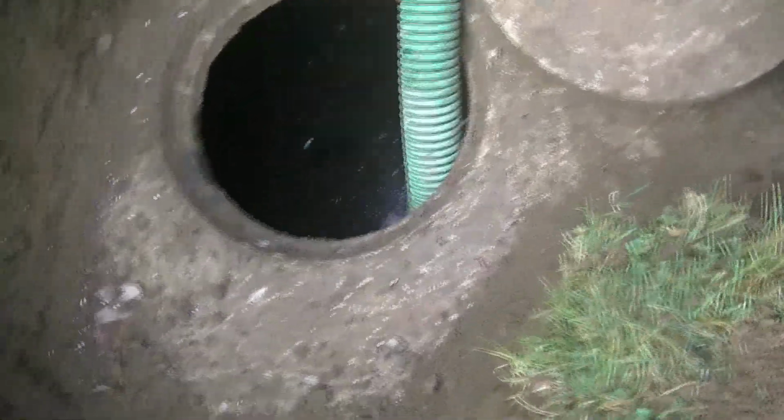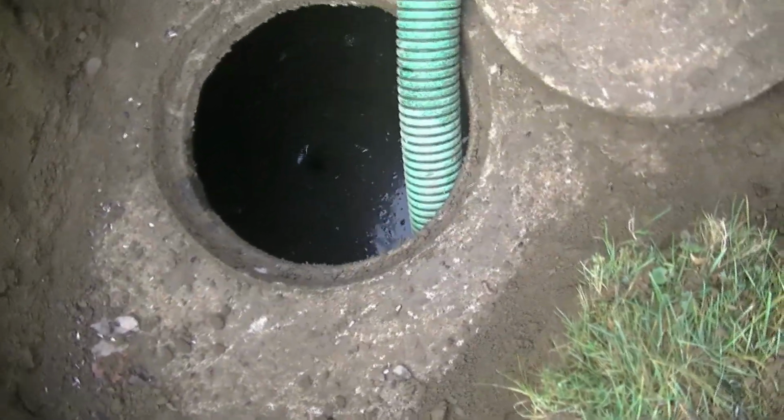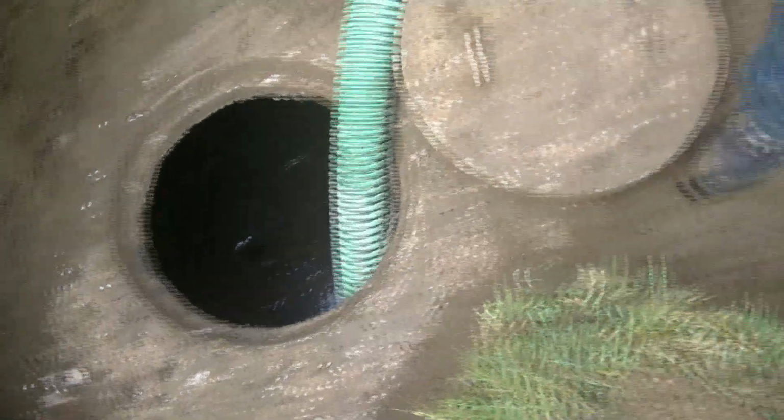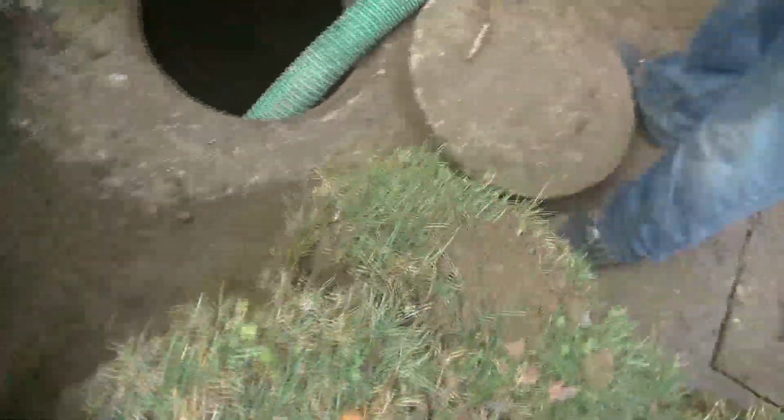You can see that little vortex that the hose is creating in the suction. I don't know how much of this is going to show, but